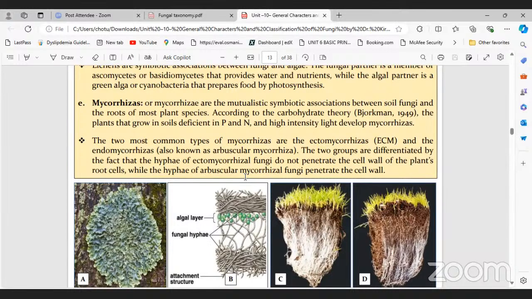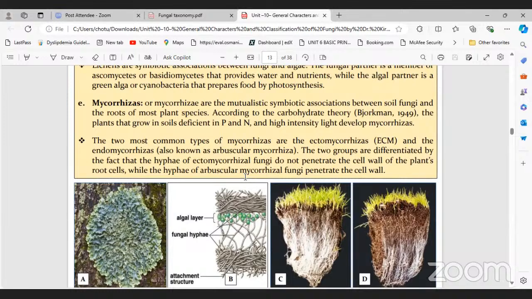According to the carbohydrate theory, by a scientist in 1949, the plants that grow in soil deficient in phosphorus and nitrogen, the plants that grow in the deficiency of minerals, phosphates and nitrogen, and high intensity light developed mycorrhizas. Okay, next one, the most common type of mycorrhiza are the